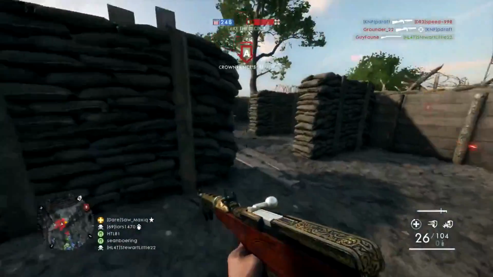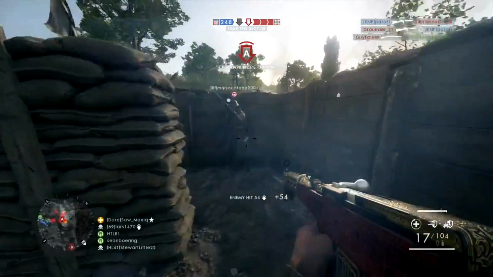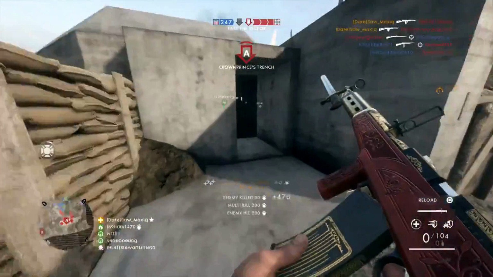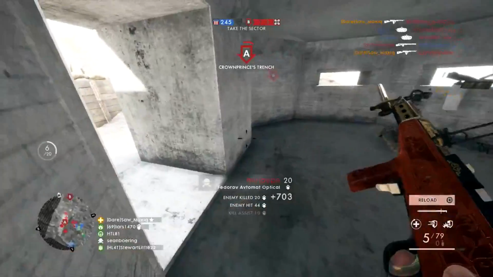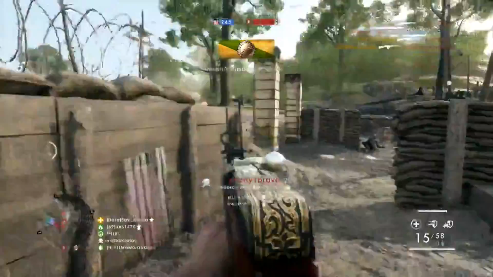Next up, we've got a clip sent in from MacZeke. He's going to be playing again in the medic class, this time with the Fedorov, going on a very nice kill streak, making his way through the enemy team on a game of Operations as he looks to take the sector. Pushing into the bunker here, half the enemy team are there. Those two get absolutely destroyed by a friendly A7V, and then he takes out the other dude, pushes out, takes